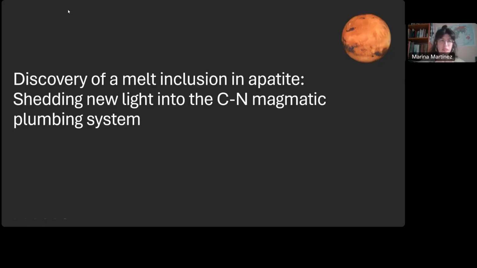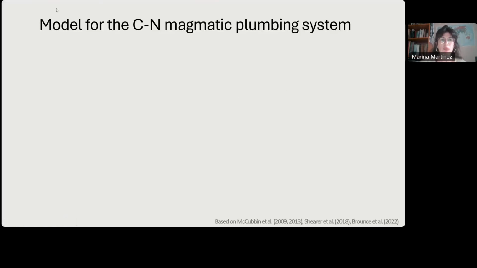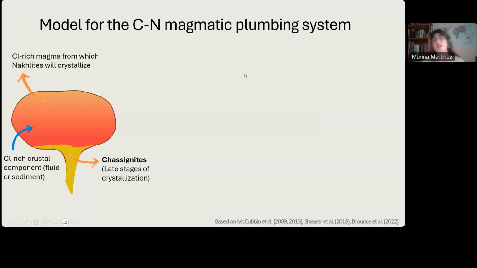Okay. Now we will move on to the discovery of a melt inclusion in Northwest Africa 998 apatite. This was the first melt inclusion found in an extraterrestrial apatite. So I will go over a bit of the model first to understand the implications of that. That's a very simplified model that is not correct, but just for understanding what is going on, we will assume that we have this